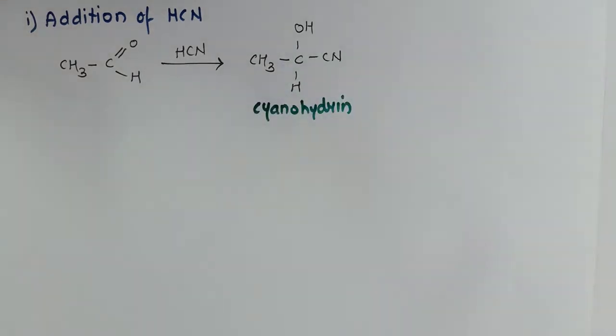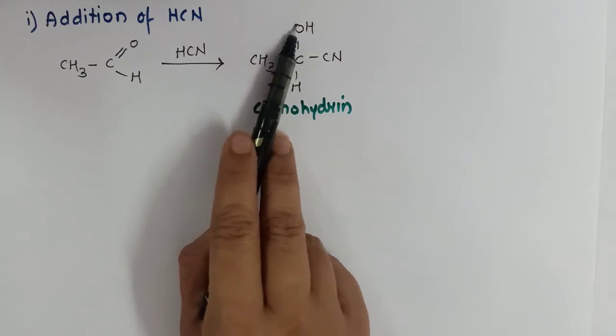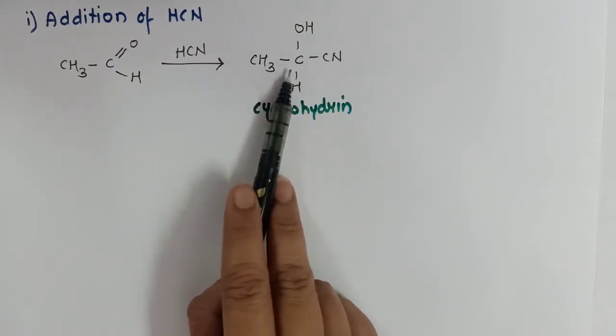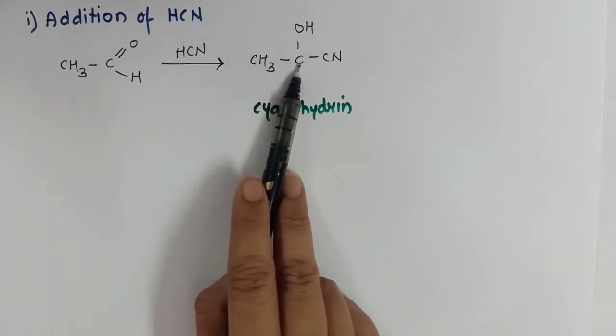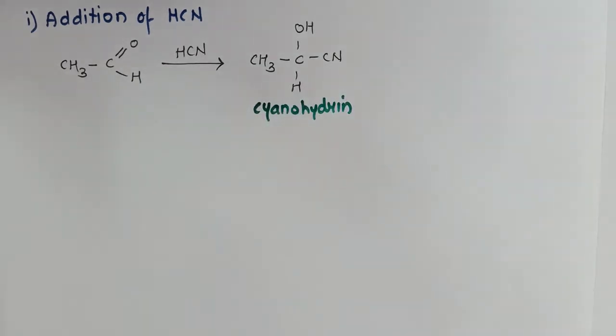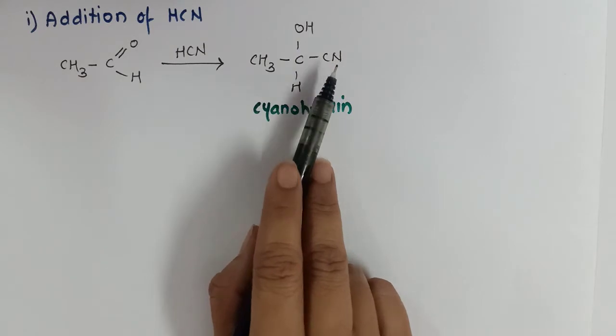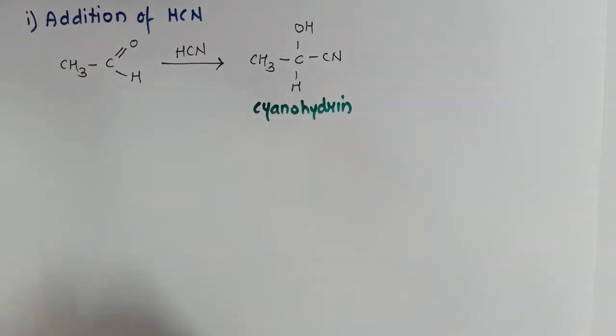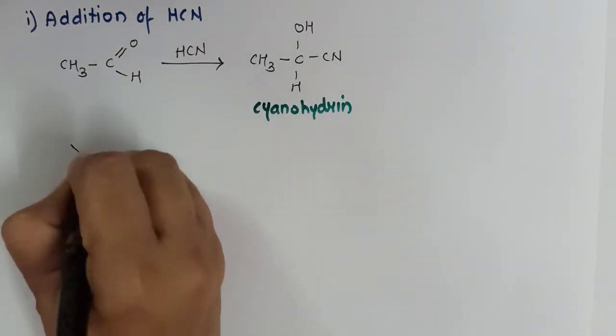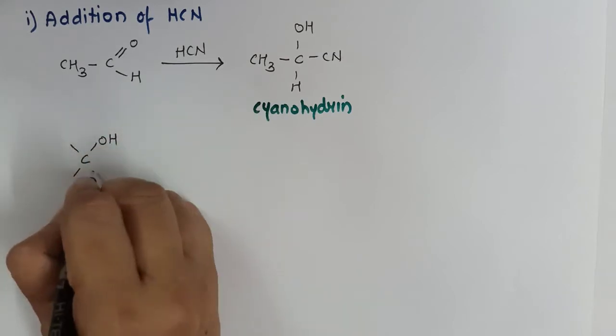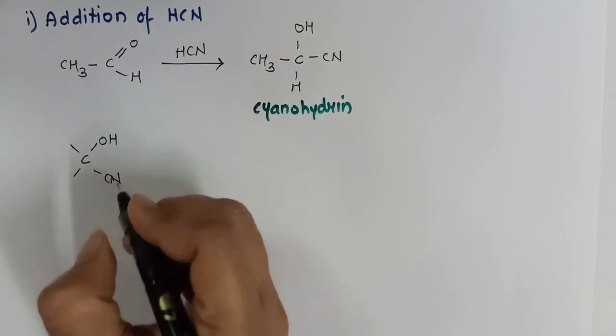Now what do you mean by cyanohydrin? Cyanohydrin means a compound where hydroxyl and cyanide are both attached to the same carbon atom. Now in the chapter haloalkanes and haloarenes we have seen that when we add cyanide we can convert it into a number of compounds. Like, suppose I have a cyanohydrin product with me.